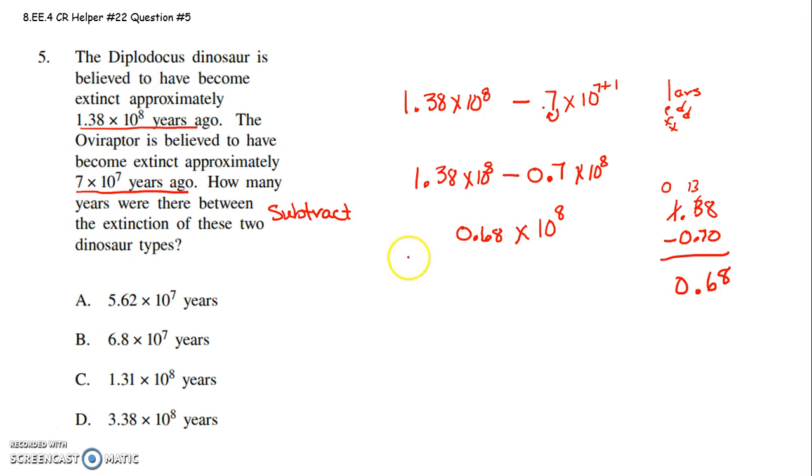Now I have to put this back into scientific notation using my good friend Lars. To get this back in scientific notation, so the first factor is between 1 and 10, I have to now move that decimal point to the right. If I'm moving to the right, I have to subtract 1 from that exponent here. So as soon as I'm moving to the right one, I subtract 1 here, and this becomes 6.8 times 10